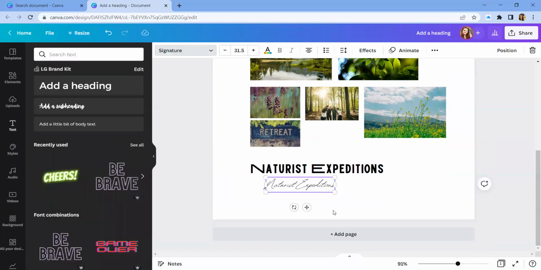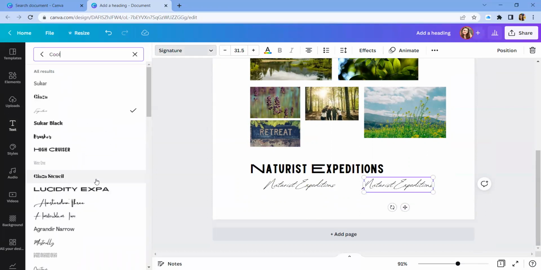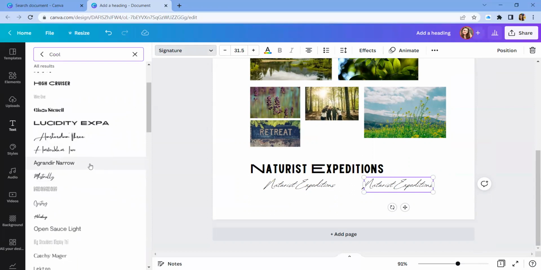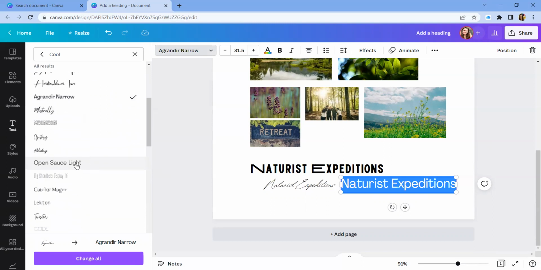So maybe we'll put something kind of artsy, a little cursive in there. And then copy and paste again, so that we could use it for just small details such as a signature or anything else. But we want something also that's going to be very easily readable. Okay, so if we're going to do body of text and so forth, we might want something that's really easy to read, such as this. A Grandstander Narrow, maybe an Open Sans Light,